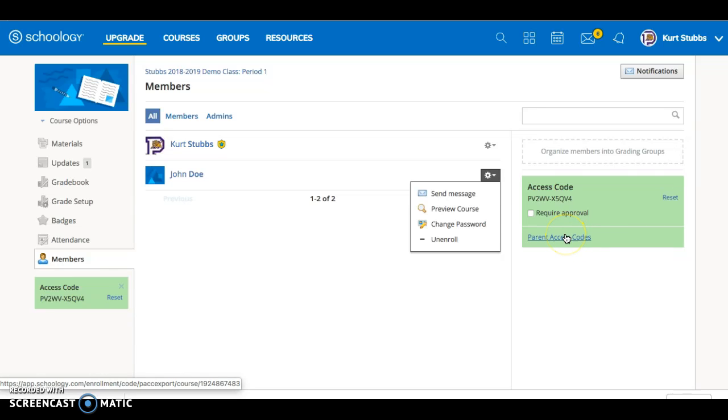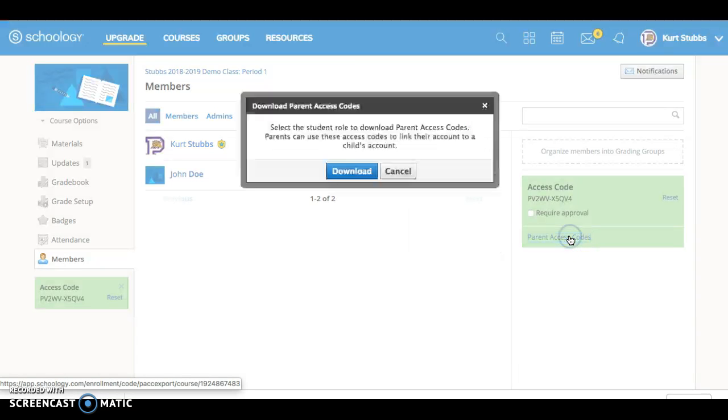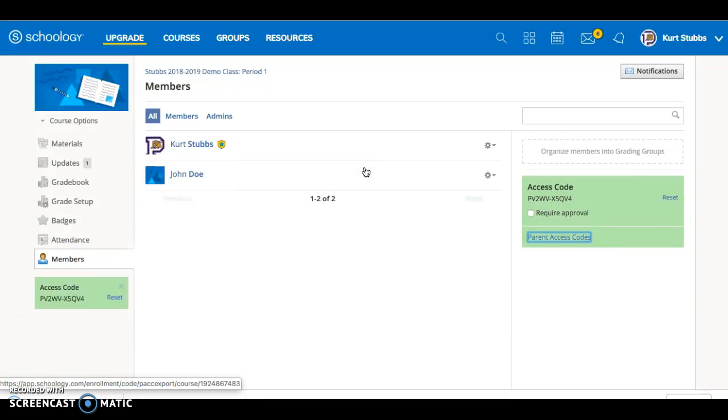And this over here, every time you are on this in green over here will be your parent access code. So you can download that and it will pop up and you'll be able to give the student their parent's access code, or you can email that to the parent directly if they request it. So I want to show you real quickly